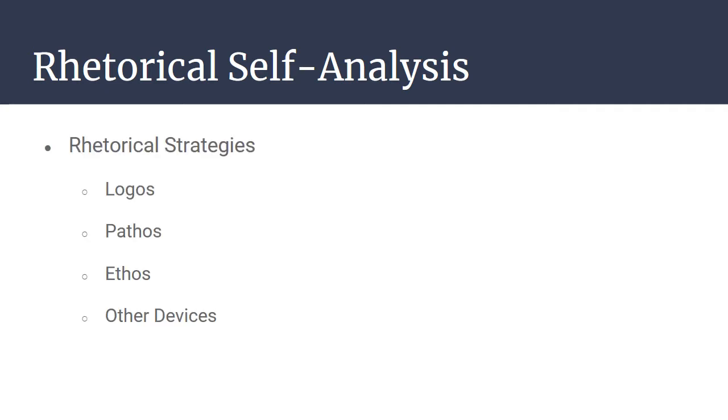English language. So for the rhetorical self-analysis, you may want to look at things such as logos, pathos, ethos, and other kinds of rhetorical devices. Repetition. Do you make reference to other things in pop culture? Do you use emotional pleas or logical pleas? So I'm not going to talk in this video about how to do that part of the rhetorical self-analysis because you already know how to do that. You can go back and watch the videos about rhetorical analysis if you need a reminder of how to do that. Instead, this video will focus on the linguistic aspect of your self-analysis.